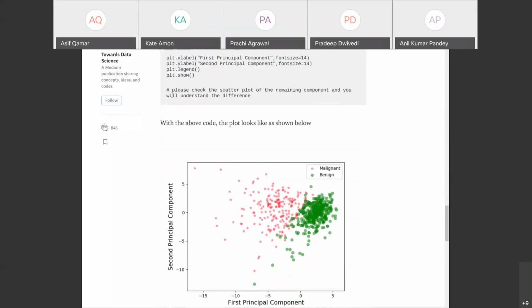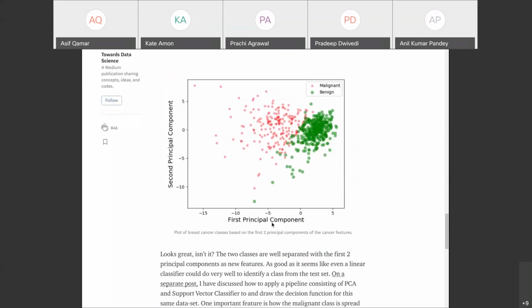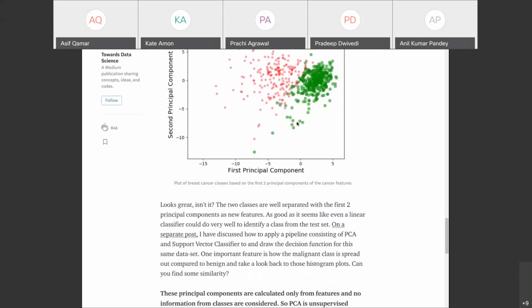Do you see that the data point, when you project it down to 2 dimensions, first principal component, second principal component, what do you see, guys, here in this picture? Do you notice that the benign, the green cases and the red cases are well separated out? Do you see that, guys? It's remarkably well separated out. Guys, can you hear me? Yes, it's very well separated. Looks lovely. And it's really good. And if you do it in 3 dimensions, it gets even better.